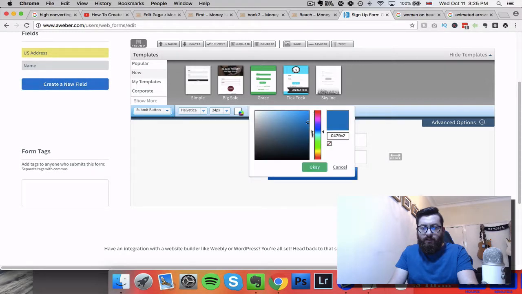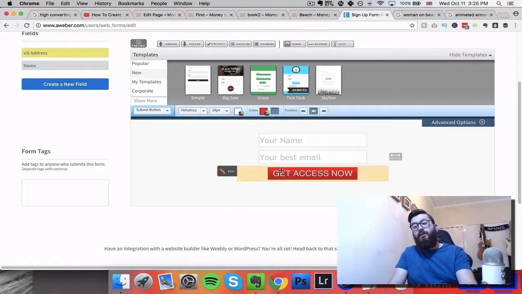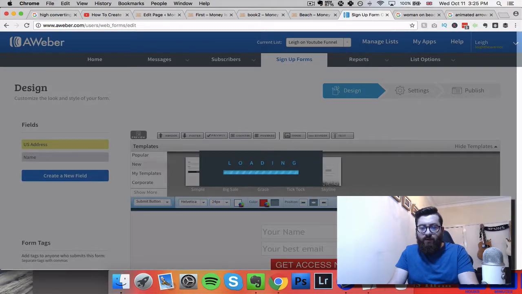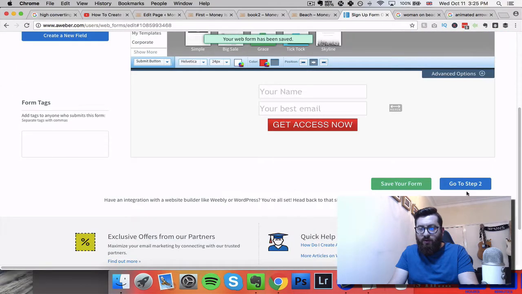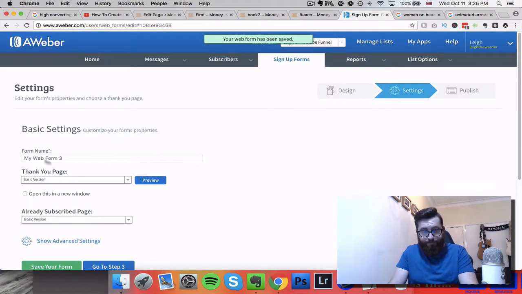So we just go like that, we find the red, we click OK, and you can see that it's changed it. So now we've got the access. We click save. That's all we want to do for this one here. We could just slightly change the size. We could change the size of the button if we wanted to, but for now we're just going to click